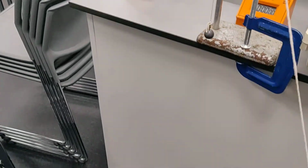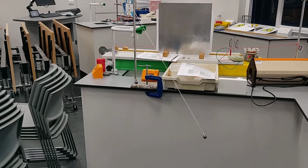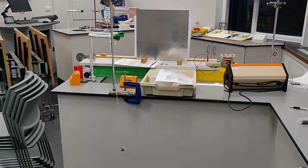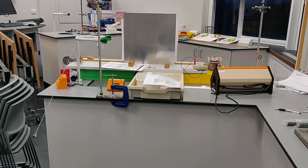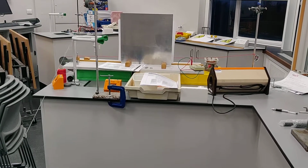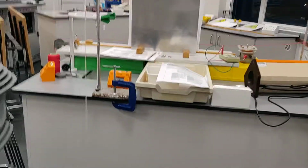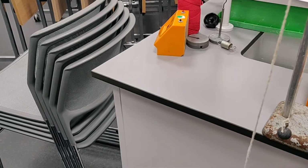Another difficulty with a swinging pendulum, if I just come further out, is that it's easy to swing it at a really large angle. Swinging a pendulum at a large angle is not a good idea. The formula for simple harmonic motion involves a small angle approximation. Small angle approximation means that if you use an angle from the vertical of more than about 10 degrees, you won't get good results. So a much better way of doing this experiment is to set it going so that